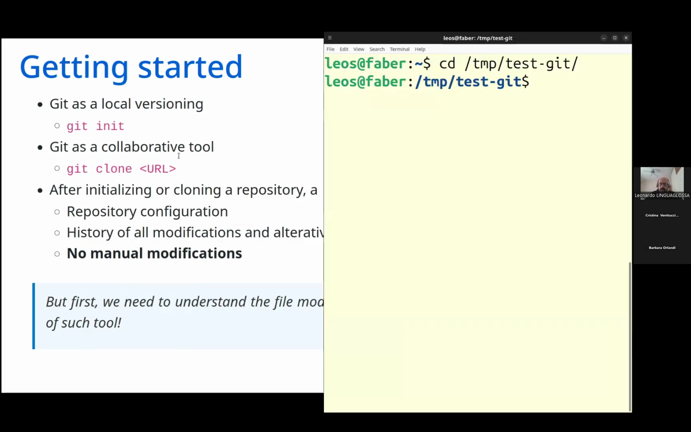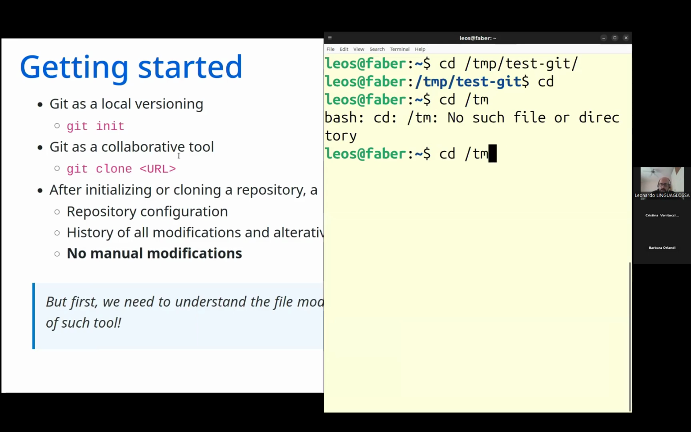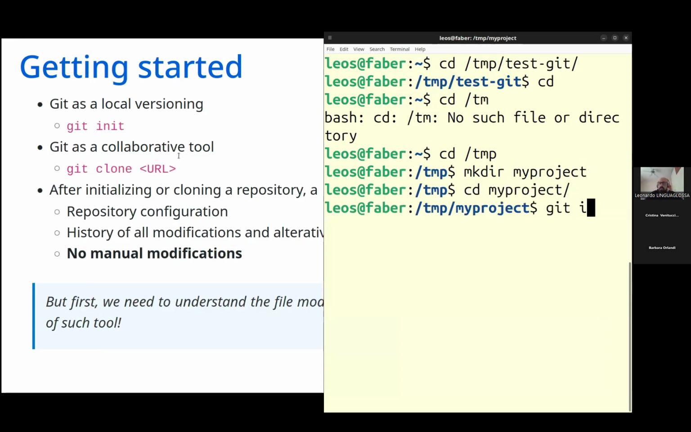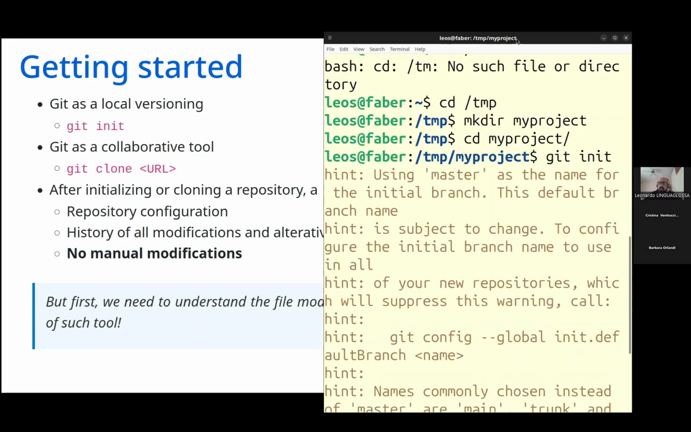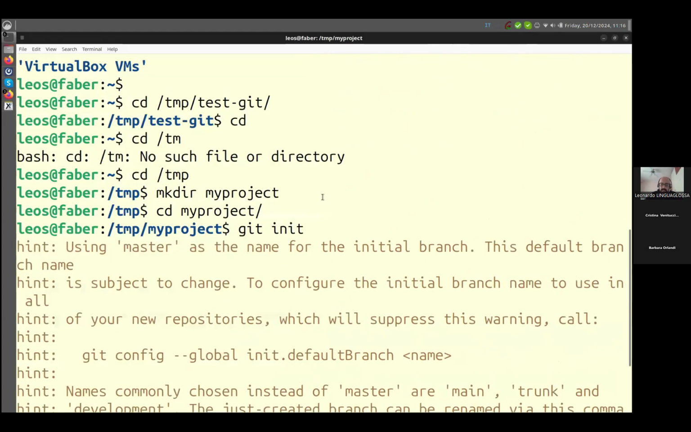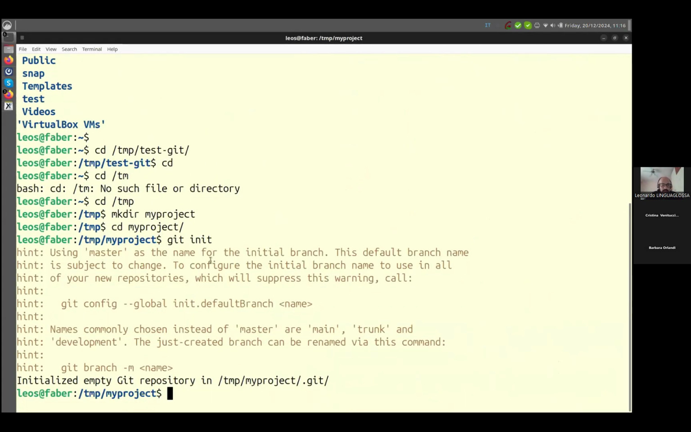Like you create a directory. I can go on TMP. I can create a directory that I call my project. I go to my project, and then I do just git init. So the repository is initialized, and Git is very verbose with that. It is very verbose because it is saying to me, okay, your global configuration is not active, your branch is called main, and then you see initialized empty Git repository